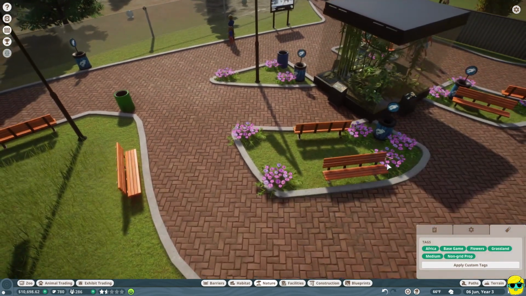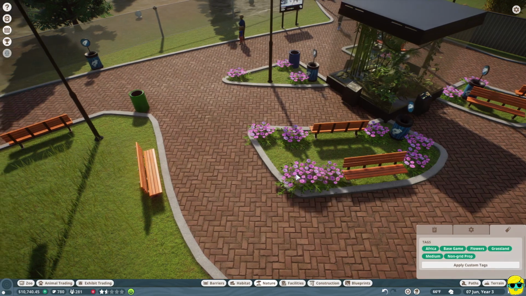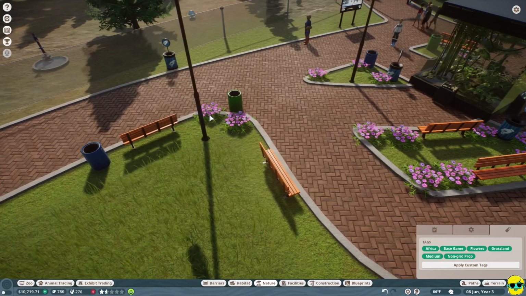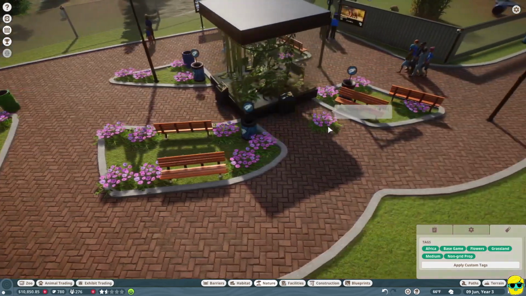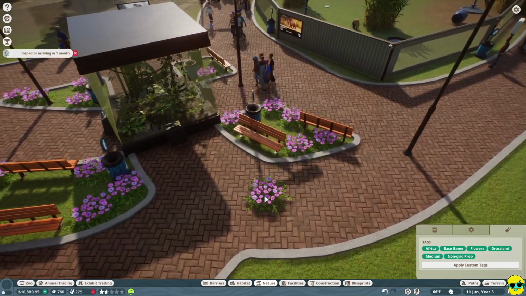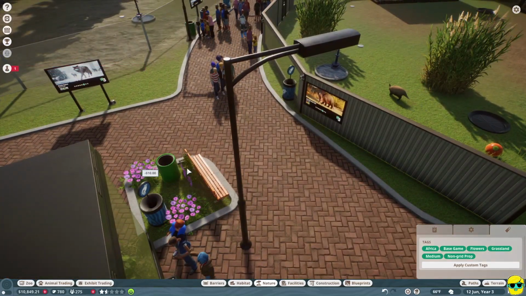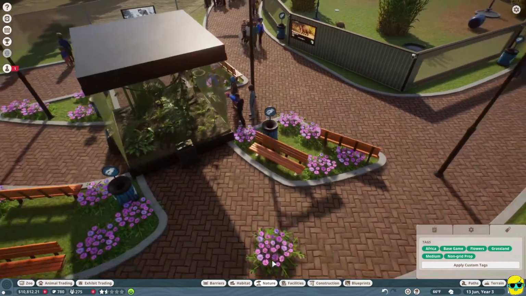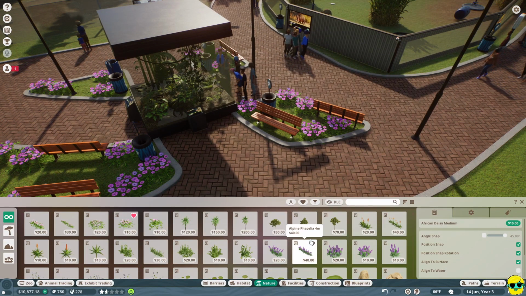Now, you can decorate, of course, using whatever plants you want. It doesn't matter if the plants that you're using to decorate your zoo are specific to your region or anything. You just put whatever you like the look of, okay? So I really like these flowers just to give a little bit of color, but you can pick whatever you want, of course. And then I'm going to go over it, and I'm going to also add in